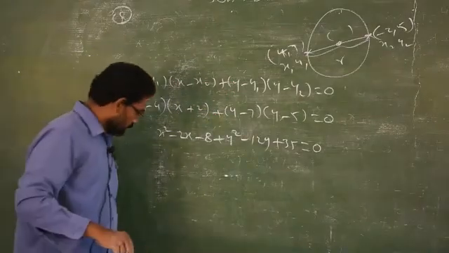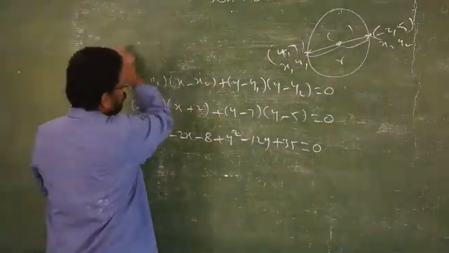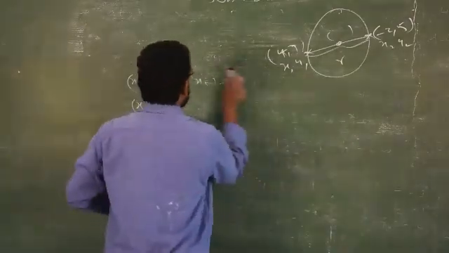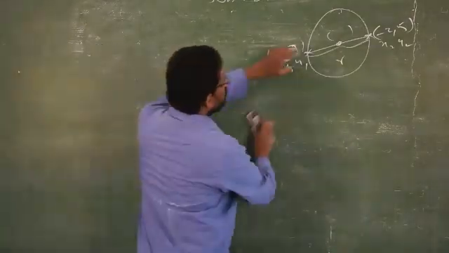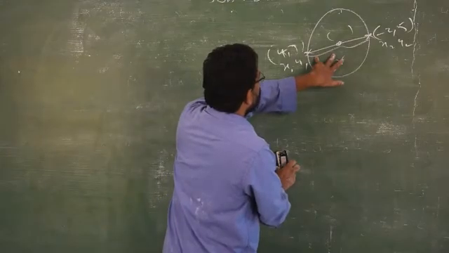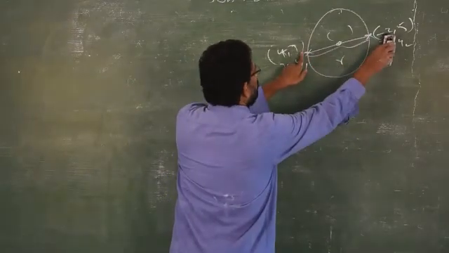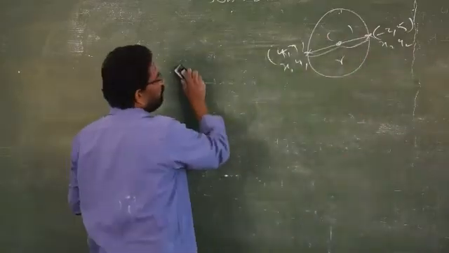Clear? The last sum, number 9, this you have to complete. Just one line and you get the answer. So you can do this problem by using the distance formula, find the diameter and divide the answer by 2, you will get the radius, then take the midpoint, then apply sum number 4, you will get the answer.